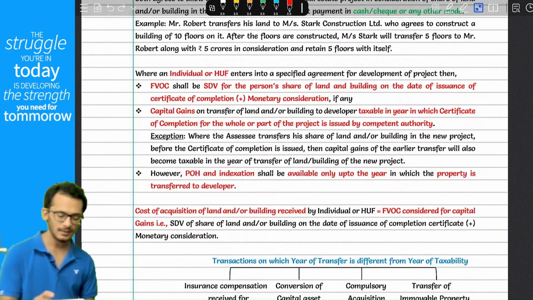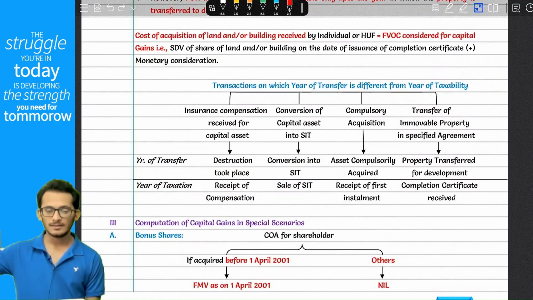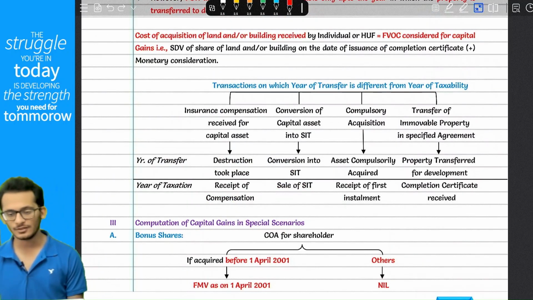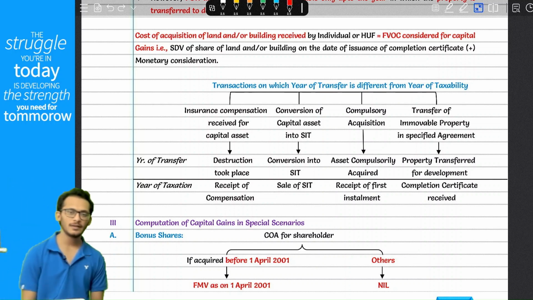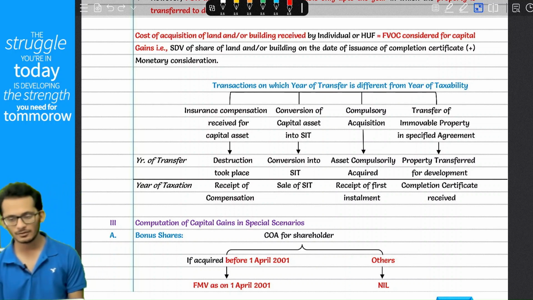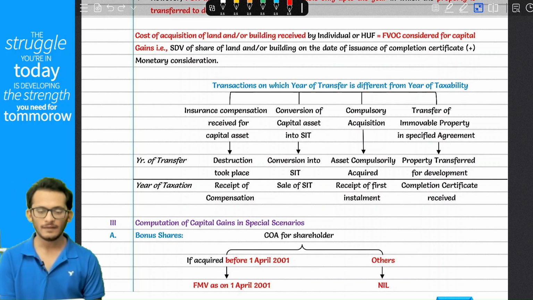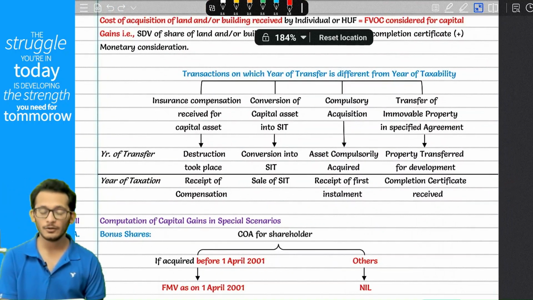Yes, these are your 5 exceptions. The summary is here. The 5 exceptions summaries. Moving on in the capital gains chapter, you have some special scenarios coming in. The special scenarios say that if you are planning to get any bonus,